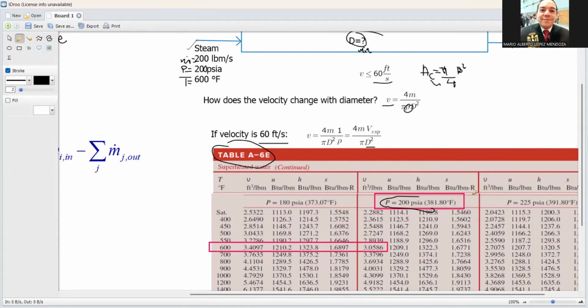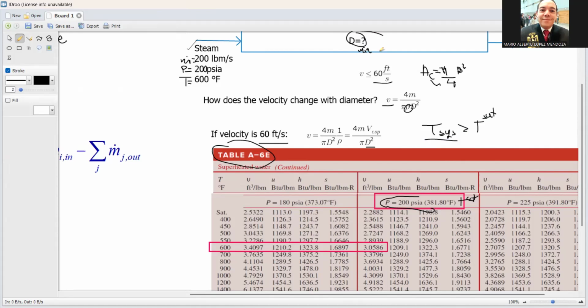So, in this case, under this pressure, water will boil at 381.8 Fahrenheit degrees. So, if our system temperature is higher than this saturation temperature, in this case, because this temperature for our steam is higher than the saturation temperature, we know that this is a superheated